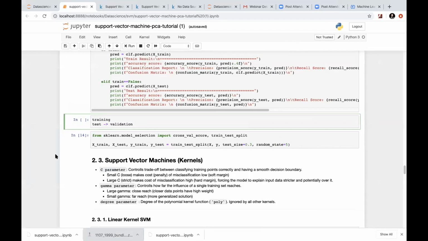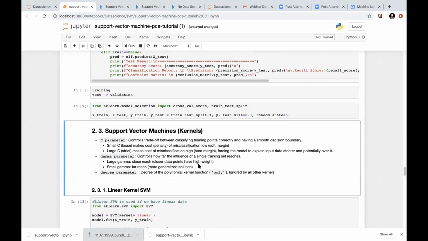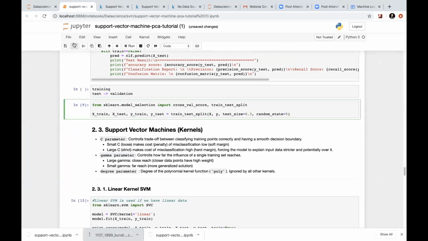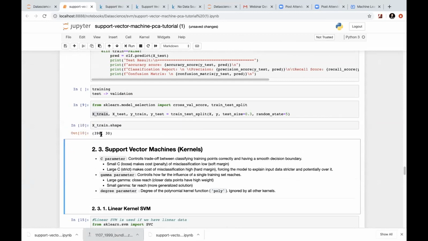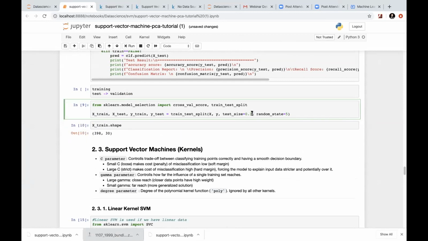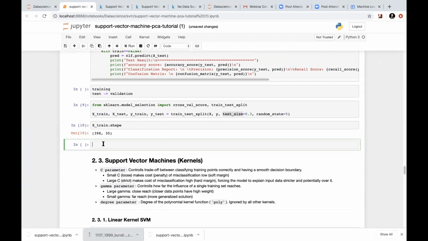I hope no questions are from here. So that's what I'm doing here. You can simply import this train test split from sklearn models. And if I now show you the shape, you'll see that based on a 30% split for the test size, I have 30% data points in